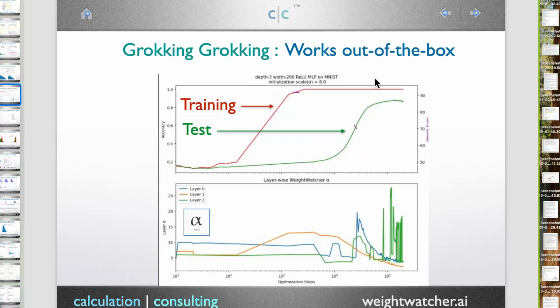And in fact, we even see that right at the end. If you train for a long time, you see there's this little dip in the test accuracy right here at the end. And it turns out the alphas drop. You can't see it in this curve, but the alphas actually drop below 2, and the trace log condition also drops below 0. So we can actually observe grokking with the theory. We see the onset of grokking. We see this sort of phase transition kick in. We see the relaxation. And we can even detect overfitting in the test data using the theory. And again, this is all reproducible. I'm happy to share a notebook with you where you can do all this yourself and try it.